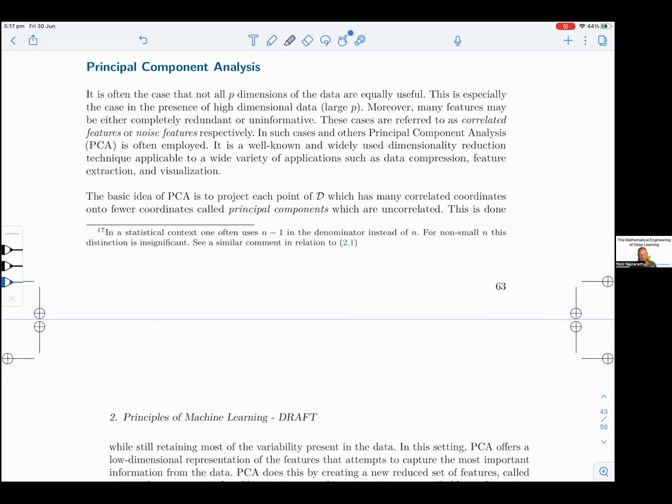In this setting, PCA offers a low-dimensional representation of the features that attempts to capture the most important information from the data. PCA does this by creating a new reduced set of features called principal components, indexed by i going from 1 through m, where m is less than p, often much less than p, and is some specified lower dimension. For visualization, we often take m to be 2 or 3. In other applications, such as the integration of PCA as part of other machine learning procedures, m is often calibrated as a